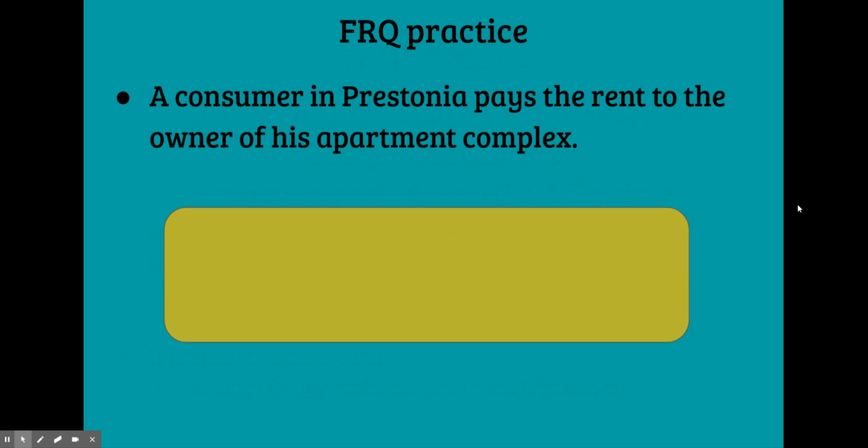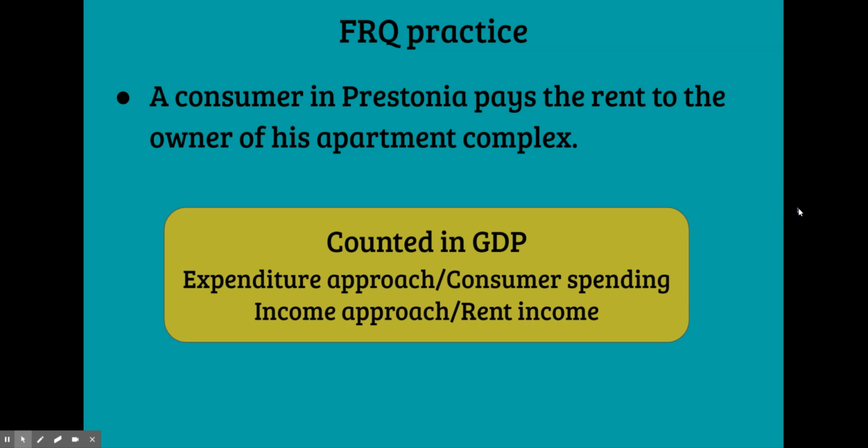So, a consumer in Prestonia pays the rent to the owner of his apartment complex. This transaction would be counted in GDP. However, there are two potential answers to the second part of this question, depending on how you read it. If you look from the consumer's perspective, they're paying for a service, the use of the apartment as a living space. This would make it consumer spending on goods and services, and it would therefore be calculated using the expenditure